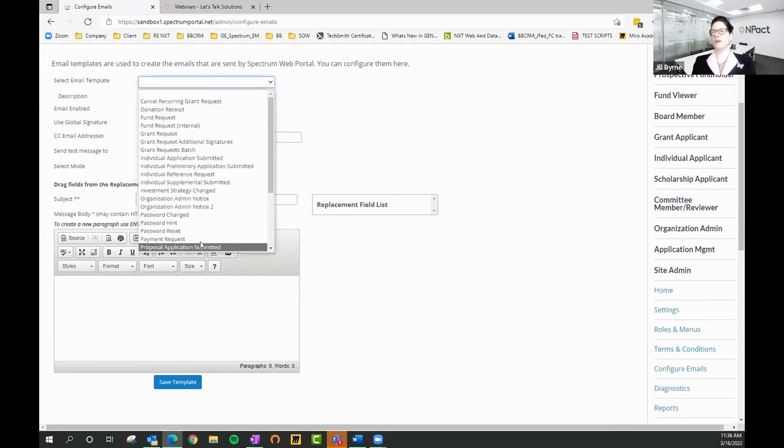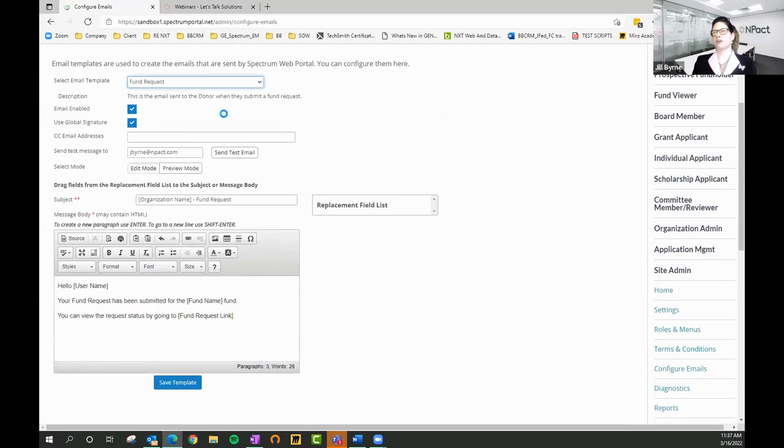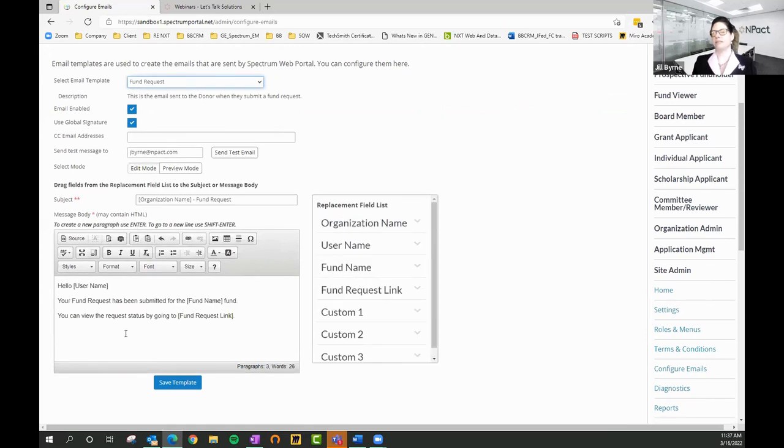The system comes with a handful of templates baked right into Spectrum, just to give you a starting place. These templates are kind of basic, but they give you some place to start. From here, I can continue to tailor and configure that email message. Maybe I want to put in a logo, or maybe there are some other fields that I'd rather have included. And that, as you just saw, is a drag and drop straight from these